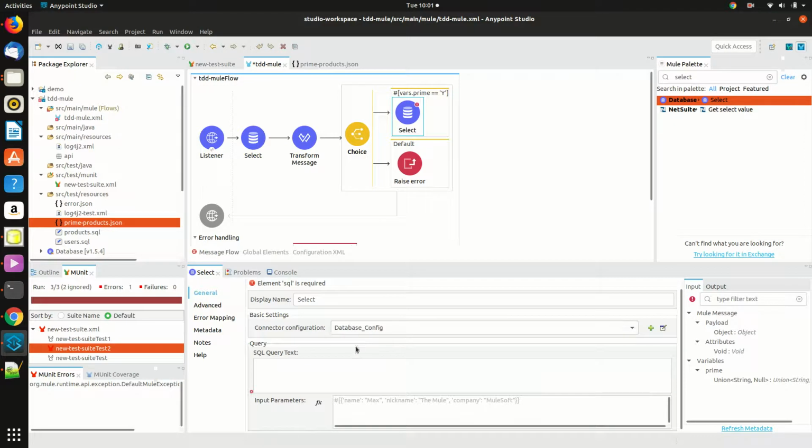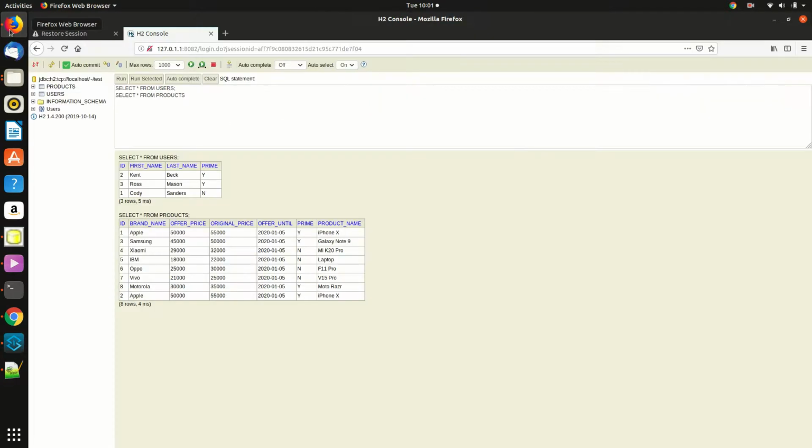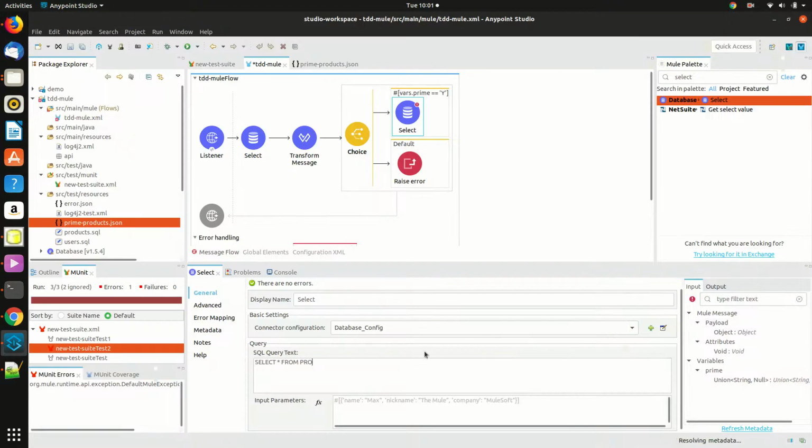Connector configuration, database config, select star from products. I hope the name is correct. It's products. Yeah, it's products, where prime equal to Y. Okay, now